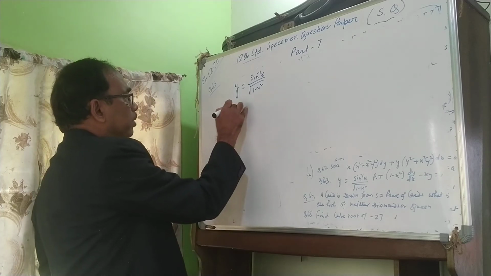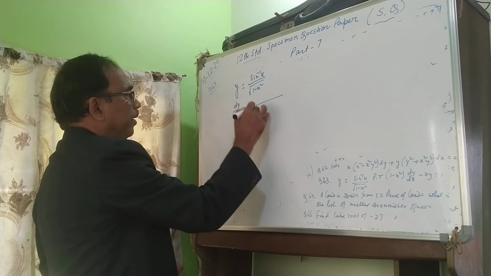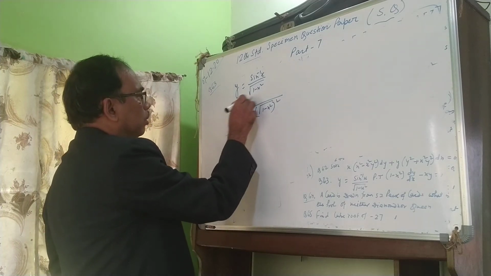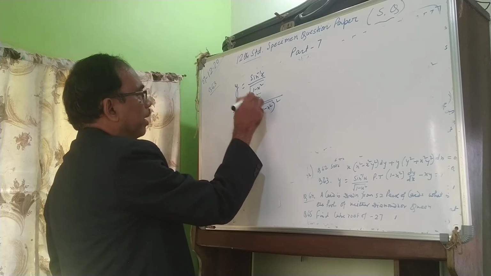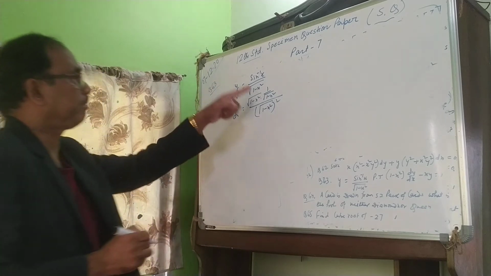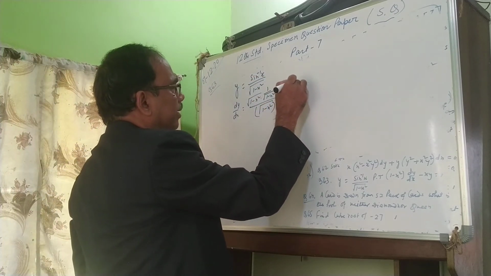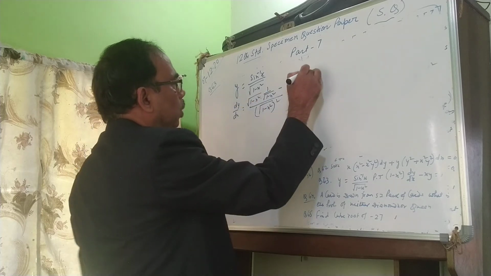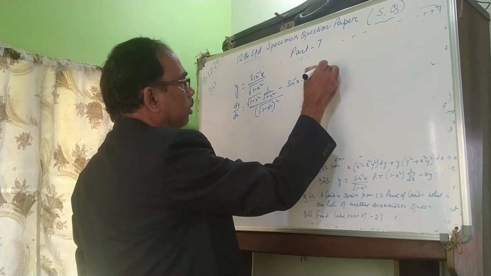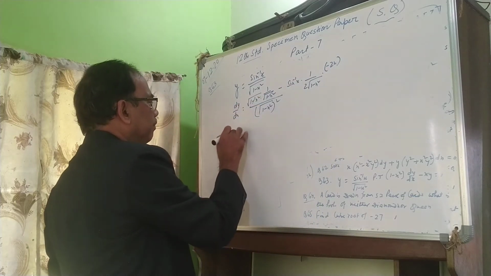Now differentiating with respect to x, dy by dx, that is u by v: root of 1 minus x square whole square times root of 1 minus x square. Differentiation of this is 1 by root of 1 minus x square, sine inverse x derivative, minus sine inverse x constant, and the derivative of the denominator is 1 by 2 root of 1 minus x square in chain rule, that is minus 2x. Then we get this and this cancelled.